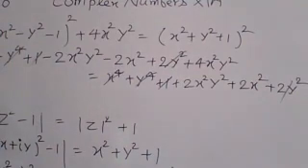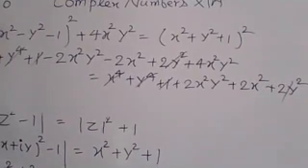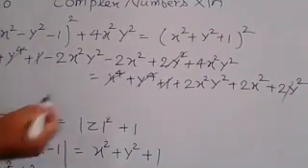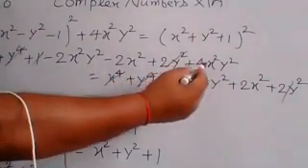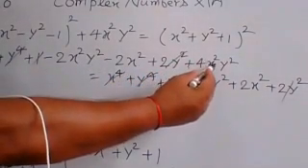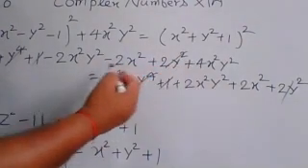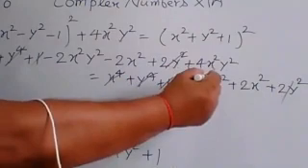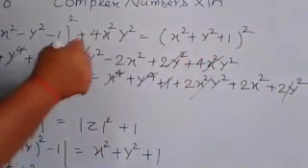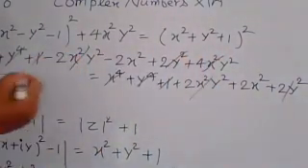So most of the terms are cancelled out from both sides. Just simplify and listen. Here you have minus 2x square y square, and here plus 4x square y square. So that becomes 2x square y square, and 2x square y square on the right side also. So that we also cancel out. So only you have